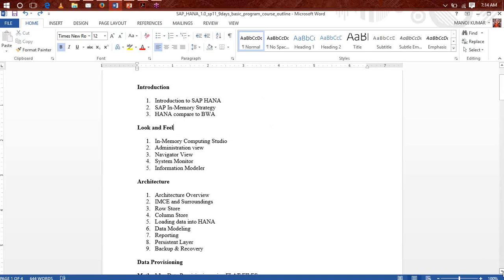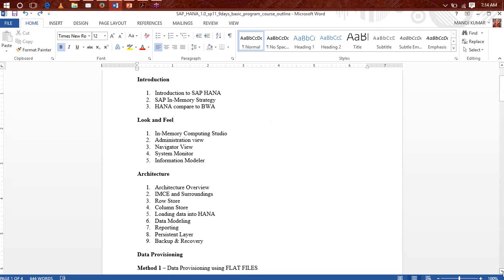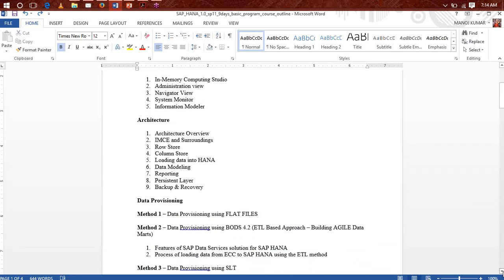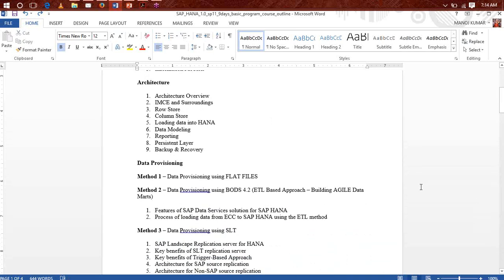Then after that, we are getting into the architecture, the working feature of HANA. How does HANA work? How have the background things been designed? To understand it better, we must understand the architecture of SAP HANA. Once we cover all the basics and all the required pillars to start with this technology,